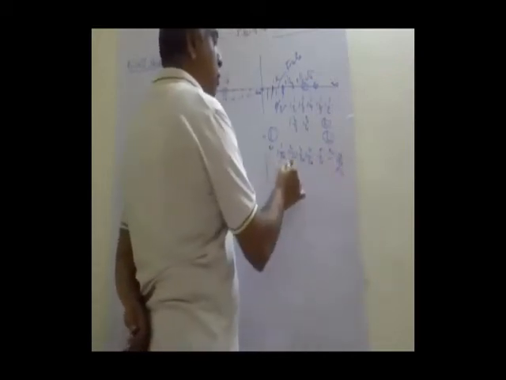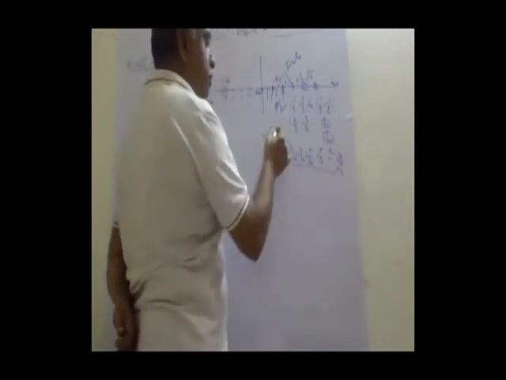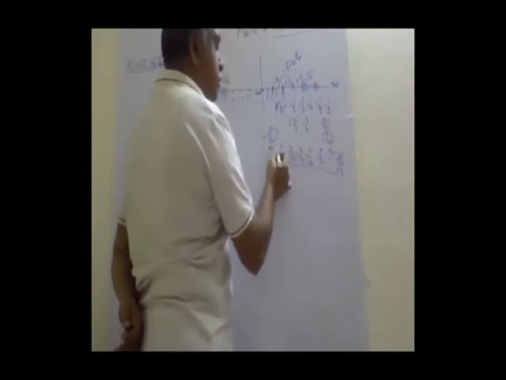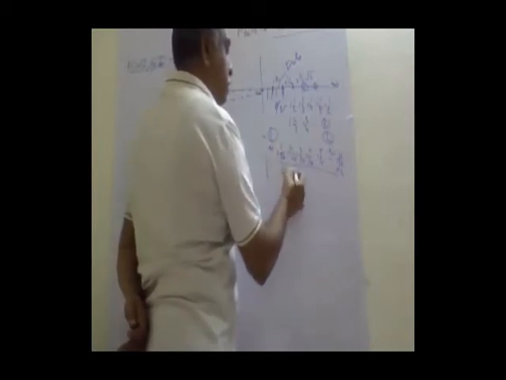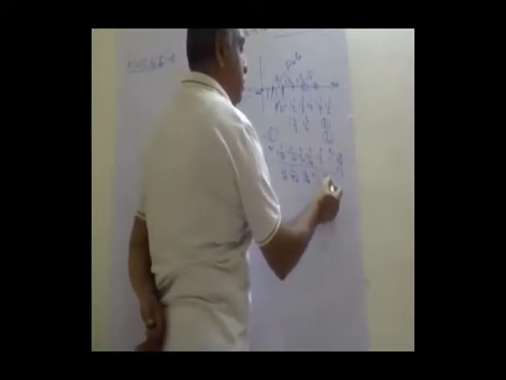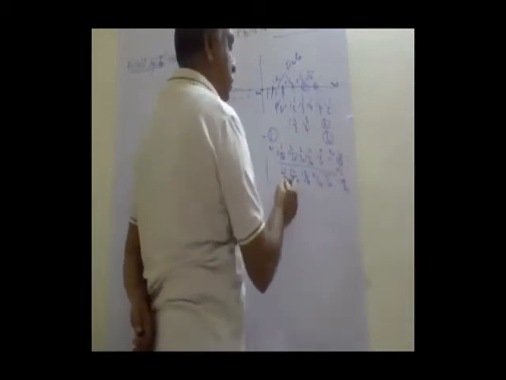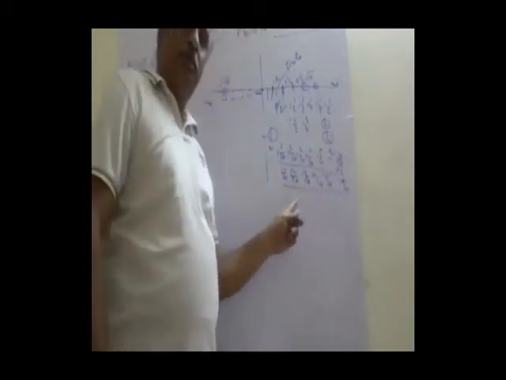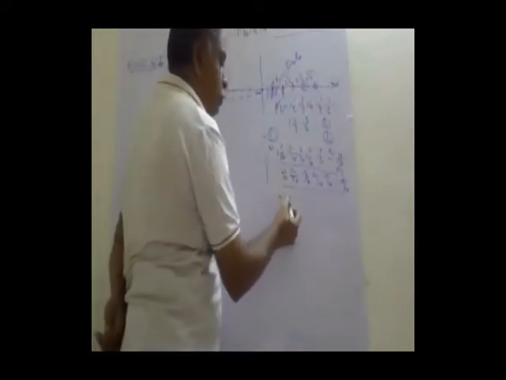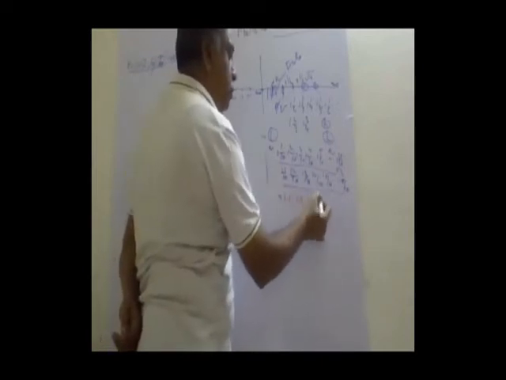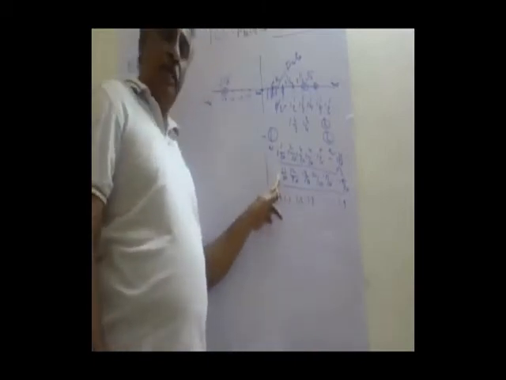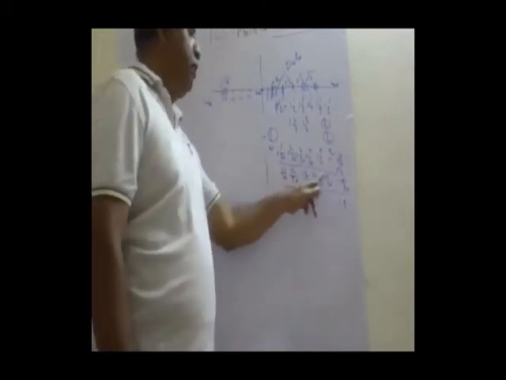So how many rational numbers am I including between 1 and 2 at this stage? 11 by 10, 12 by 10, 13 by 10, 14 by 10, 15 by 10, up to 19 by 10. So many rational numbers are included between 1 and 2. If I put it in decimal point, 1.1, 1.2, 1.3. This is the decimal form, and this is the p by q ratio. I can include so many numbers.